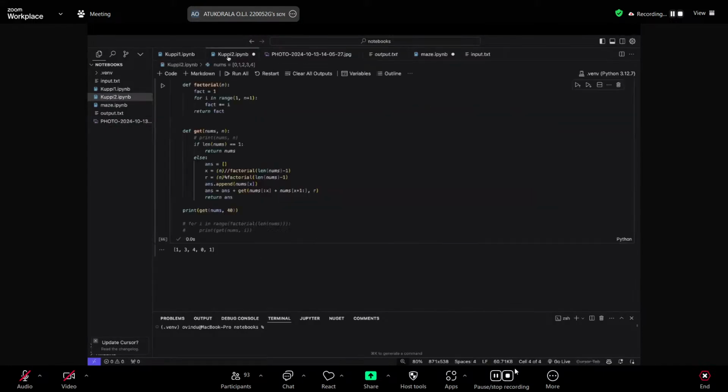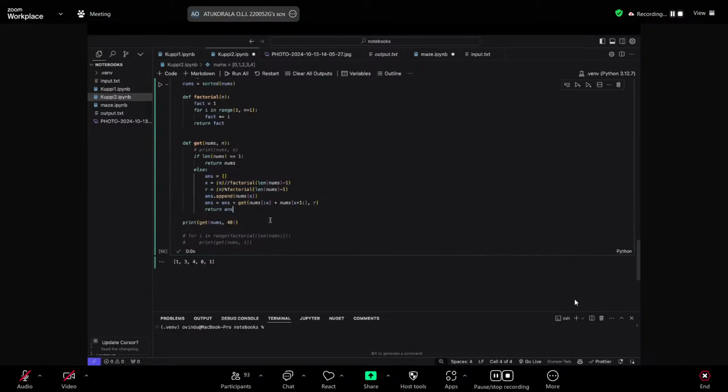And I think this code is very simple comparatively to what you would find to write this. You don't have to find all the permutations. You can just find the permutation that you need. I think that is the benefit in this. So just let me know if you have any questions.